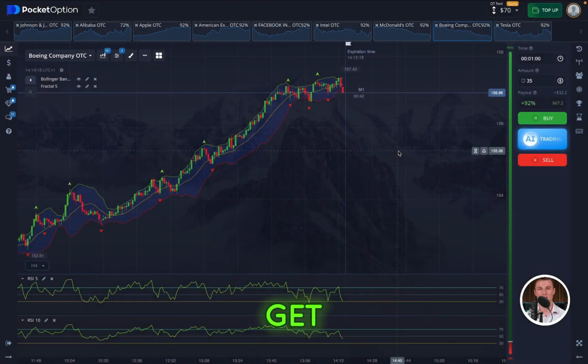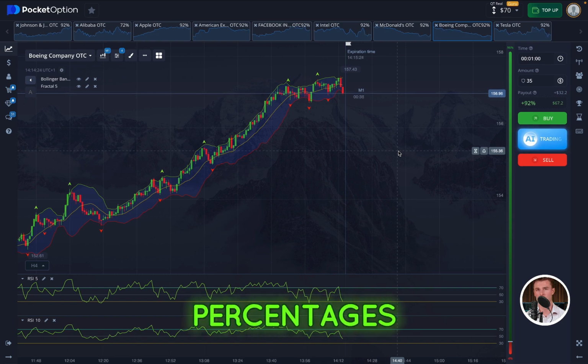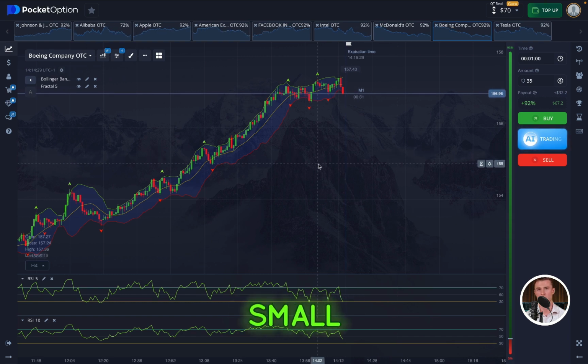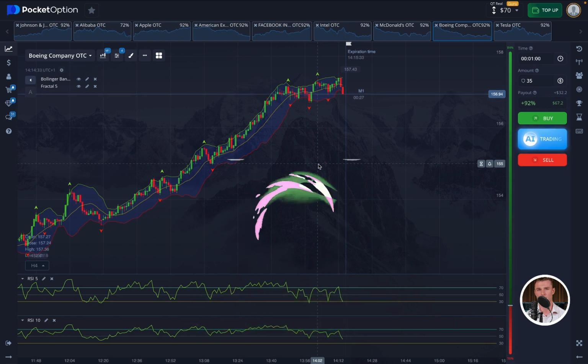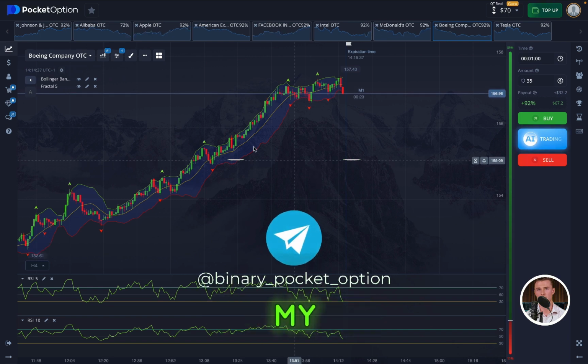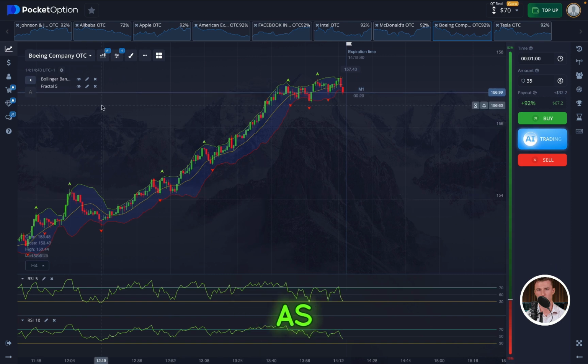So let's get started with today's trading. I'm focusing on company stocks and assets with the best movement patterns and payout percentages, which you can see right here. I have already made a small analysis of the market and came to the conclusion that today we will use the following strategy. It is universal in my opinion, and thanks to it, you can open trades as well